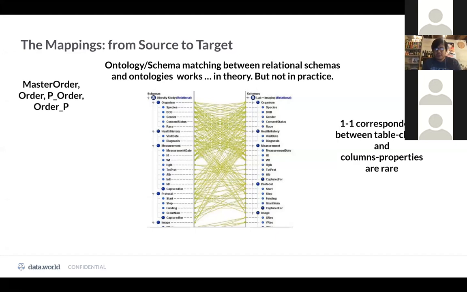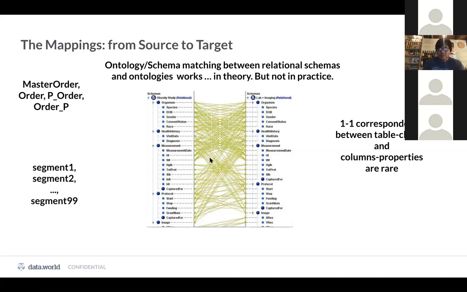What you see in reality is that you have tables that can have the word order in them. You can have tens of different tables that have the word order in them. So if you apply all these techniques, suddenly all these tables that happen to have the word order in them get matched to this concept called order. That doesn't mean anything. The majority of these systems, from the analyses I've seen, use a bunch of string matching. That's it. Maybe then they use a little bit of structural matching.